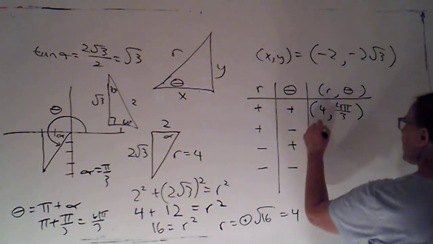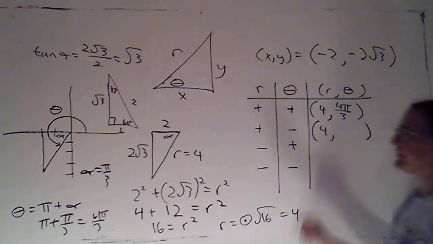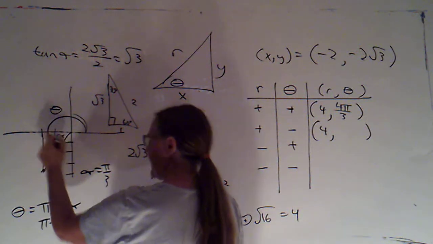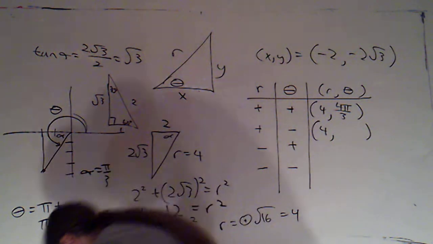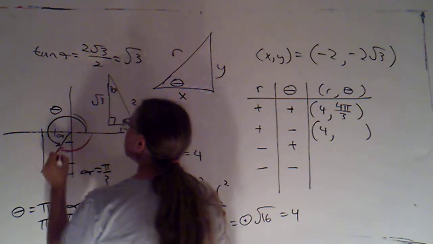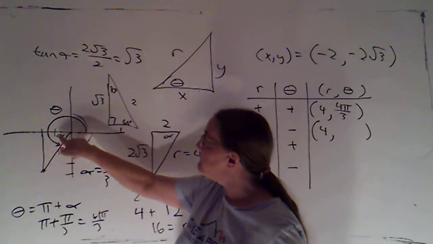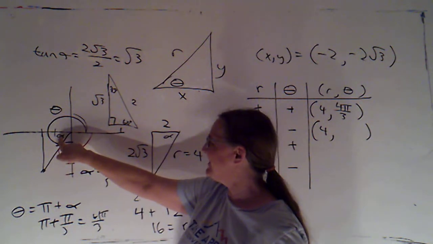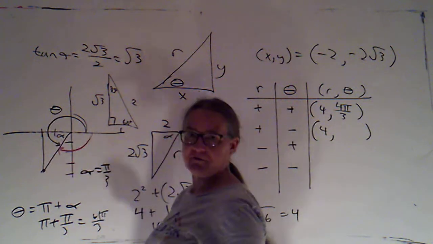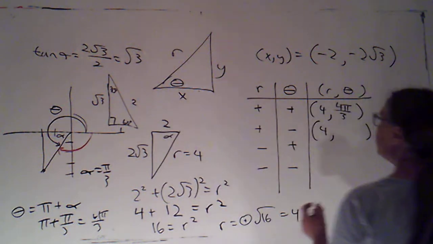If I want to keep r positive, it's going to stay at 4. Now I want theta to be negative. So instead of landing in quadrant 3 by rotating around this way, now instead I'm going to rotate clockwise, like so. So now this angle would be negative pi plus the reference angle, that's the amount that I'm rotating. So that's going to be negative pi